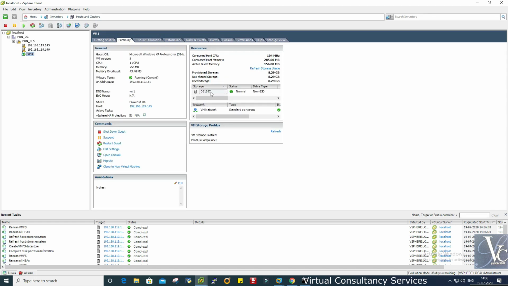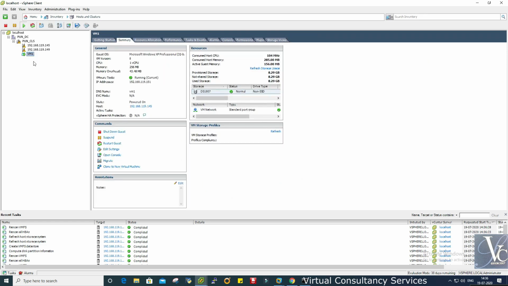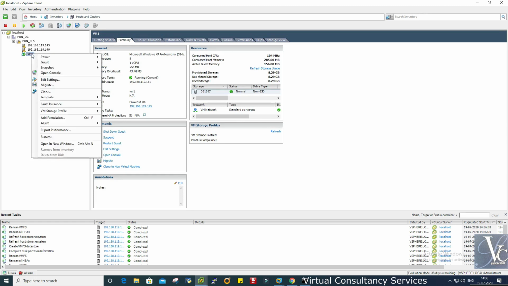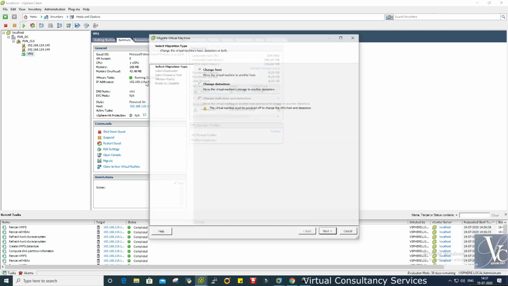Yeah, it got added here. Now see, this VM is on DS1807. So we will move this to the newly added datastore, that is DS1907.